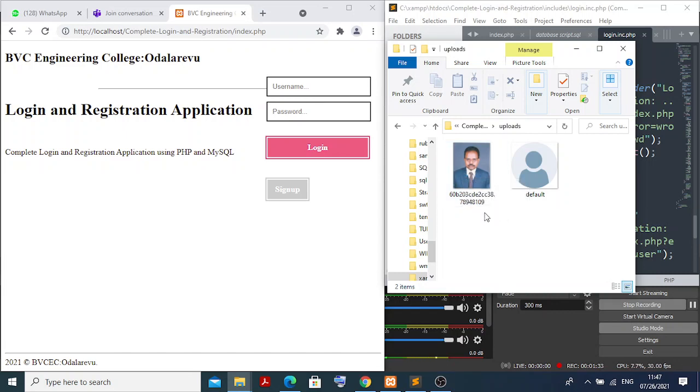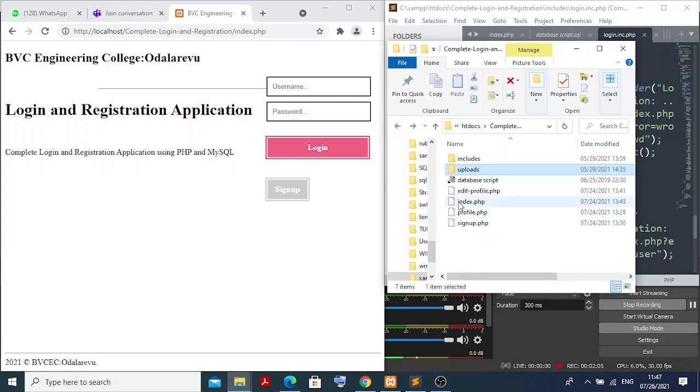Then you come into these pictures, where in the uploads a default picture will be there. If nobody uploads a picture, instead of blank this picture will appear. But you can upload your picture, with some restrictions. You put your pictures to a maximum of 50 kilobytes, because more than that the system becomes slow and your software becomes very slow, because so many users will be using it. So make it a good practice of restricting your photo size to 30 to 35 or maximum 40 kilobytes, right? This is what you have done.